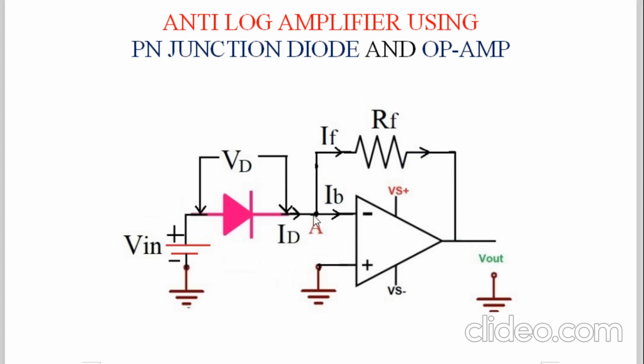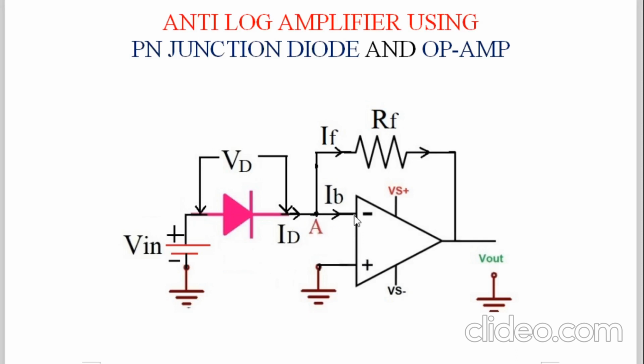All of you know that in an op amp, whenever the output is fed back to the input, this point is called a virtual ground. Therefore, here you have to mark A. The incoming current ID gets slightly absorbed by the op amp, because very little current flows into the op amp input due to its very high internal resistance. Therefore, when the input current ID comes to point A, it divides into two branches.